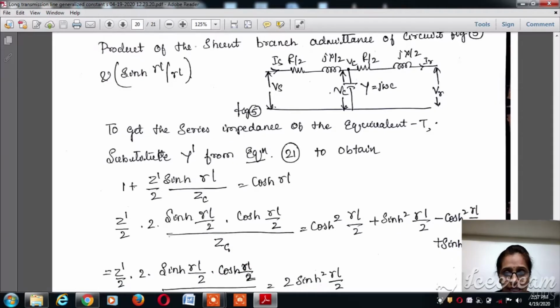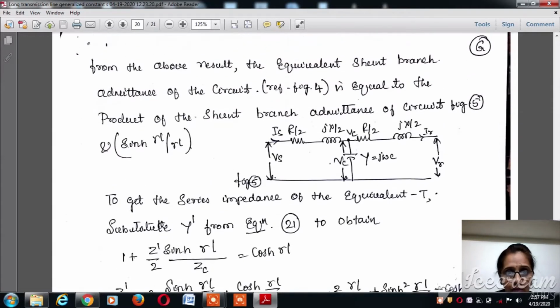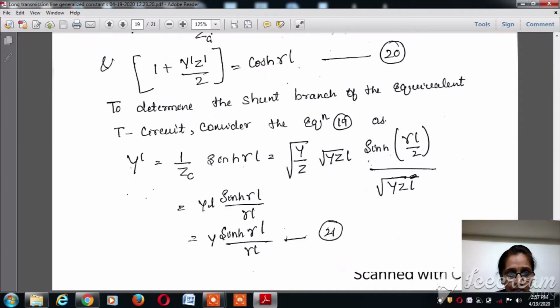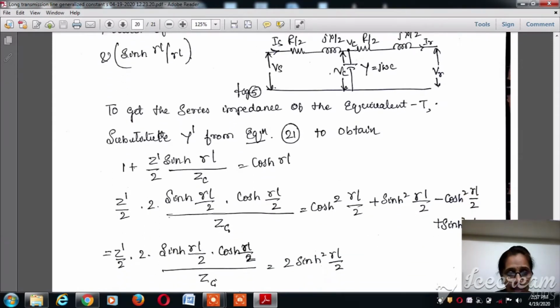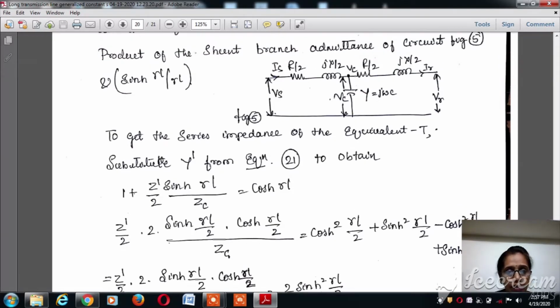To get the series impedance of the equivalent circuit, now substitute y' from equation 21 that we have obtained. What is equation 21? Equation 21 is nothing but y' is equal to y into sinh gamma L divided by gamma L. Now apply this equation 21, we will be able to get 1 plus z' divided by 2 into sinh gamma L divided by Zc is equal